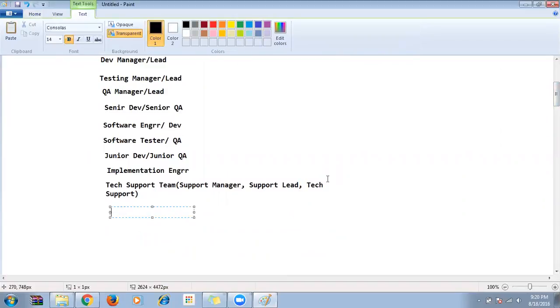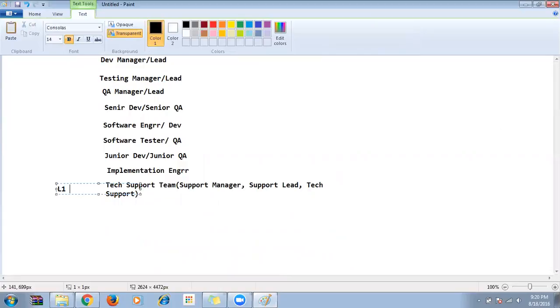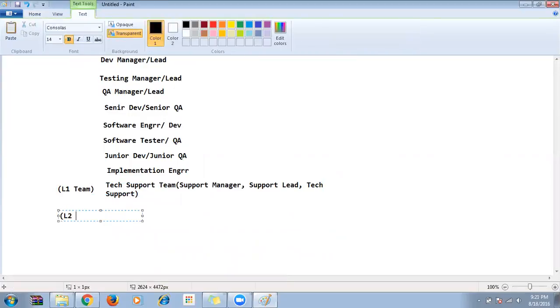Tech support is also called the L1 team. Then we have the L2 team, who are involved in server level configuration.